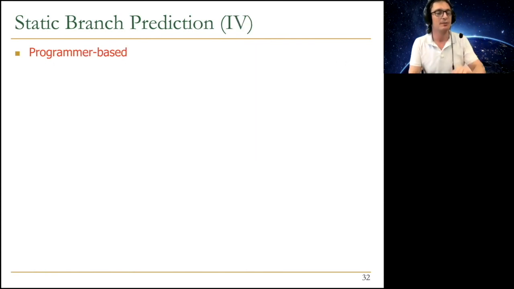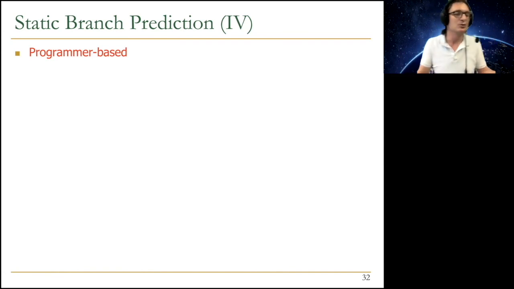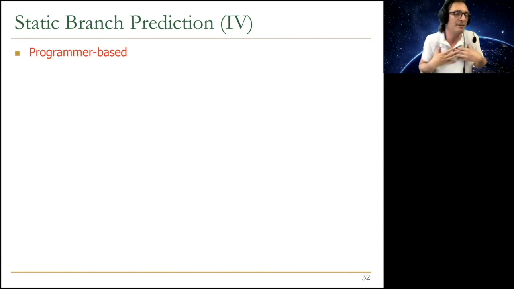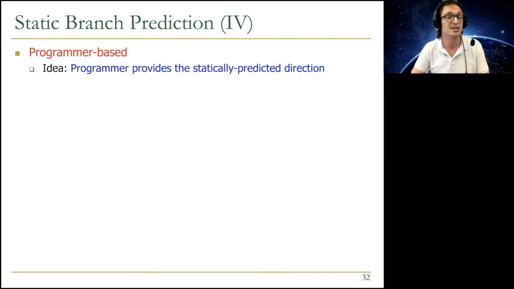Okay, let me cover some of these static methods, and we're going to finish the lecture. But the last one: you can basically do everything that we discussed at the programmer level, right? The compiler may do it, either profile-based or heuristic-based, but as a programmer, you can do it also, right? You know your code, you can profile your code, or you can look at your code and guess based on the semantic structure of your code, you can say, oh, this branch is going to be likely not